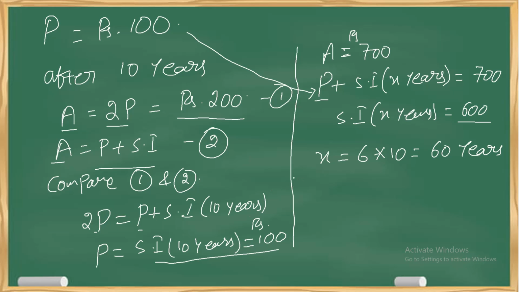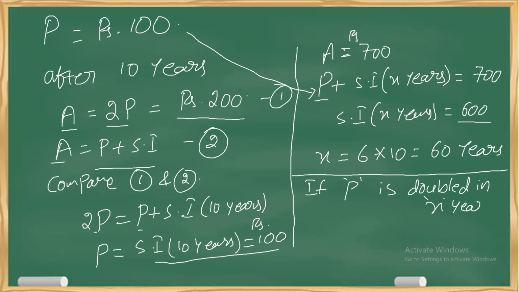This is an important logic you need to understand. Okay. But there is one more small, easiest logic here. The logic is, if principal is doubled in x years, then principal will be y times in